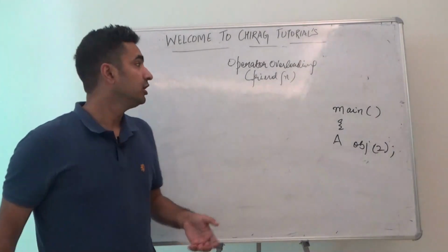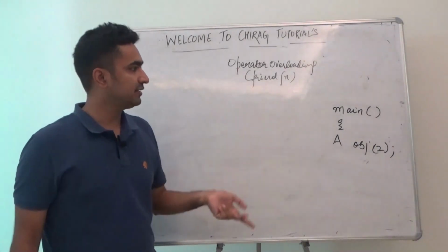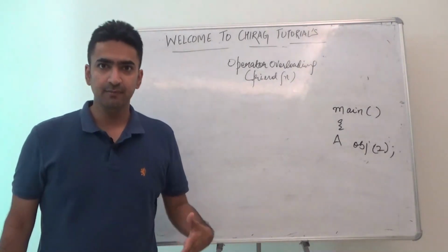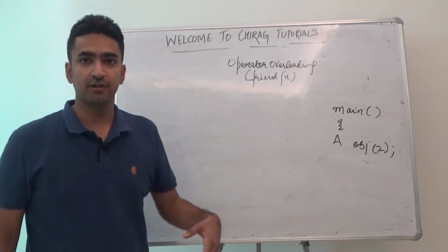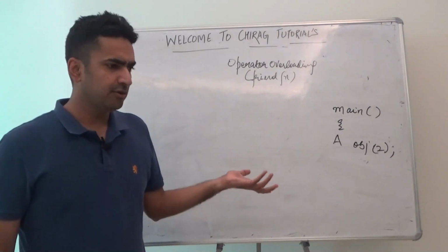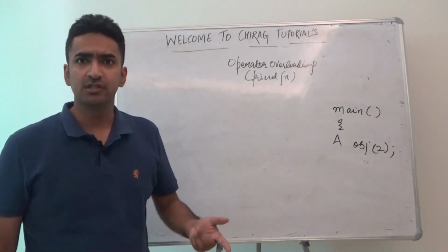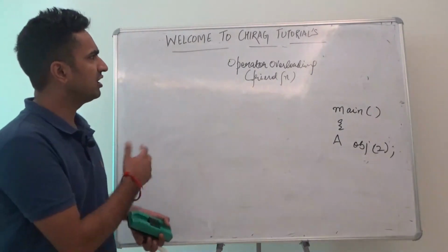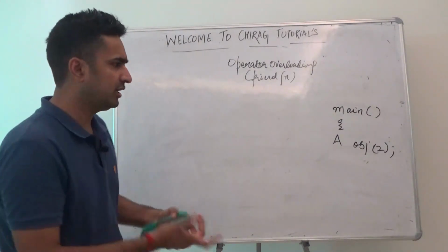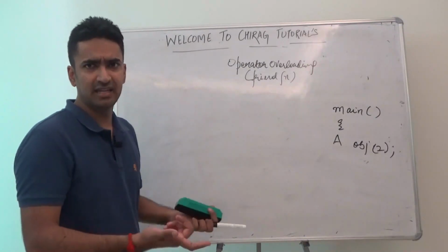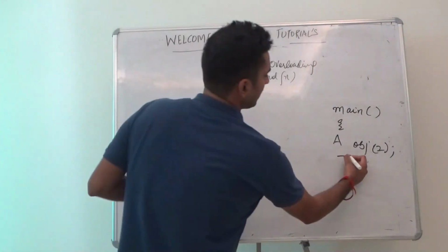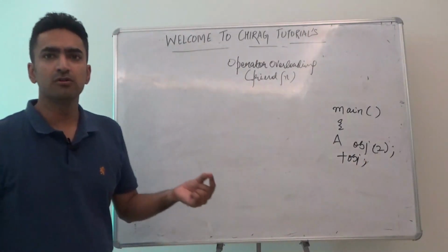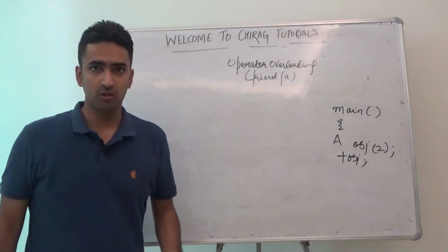In this video, we'll discuss the concept of operator overloading using friend function. Like last time we were using member functions, and we were using the operator function as a member function. Now we'll be using them as friend function. So similarly, if I'm talking about unary operator overloading, I am assigning one thing that I'm doing, plus obj over here. So guys, plus obj will also call a friend function.